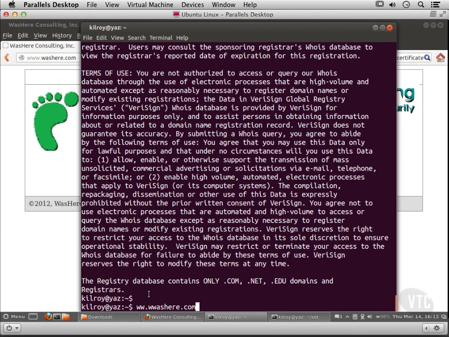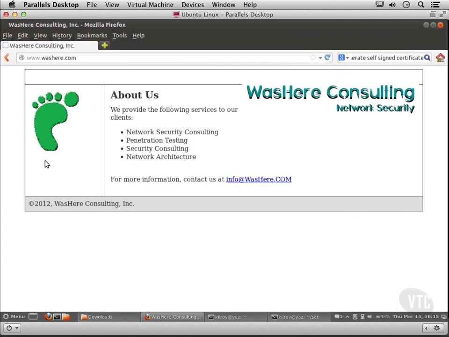So it still looks like www.washere.com or www.washere.com. And the dot's just misplaced. And to most people, that may not register at all. So I could actually set up a server that was pointed to by the DNS entry for this particular host name here, and then I could use that and replicate what the website looks like,